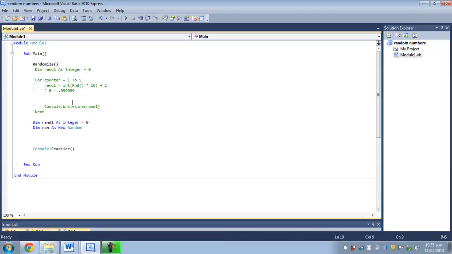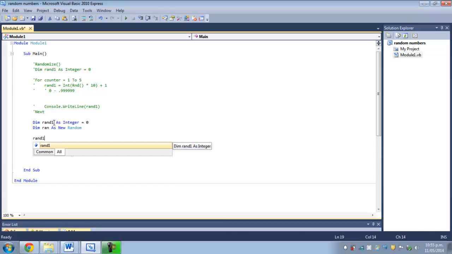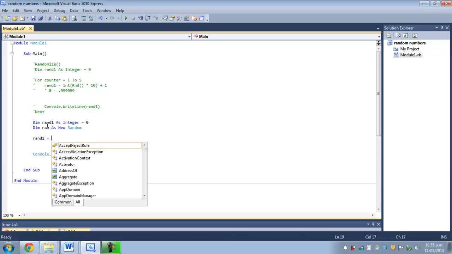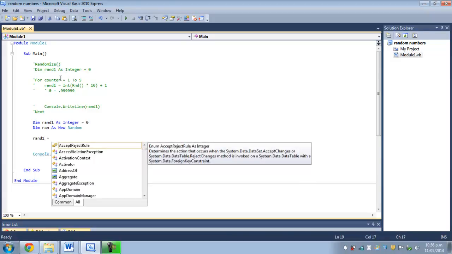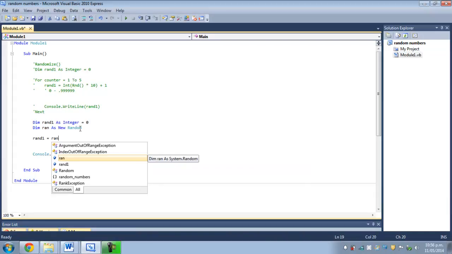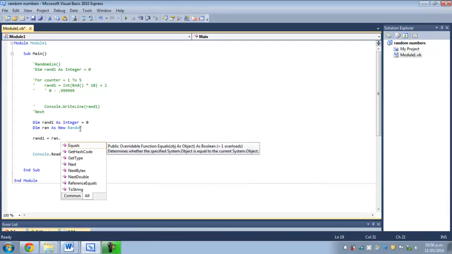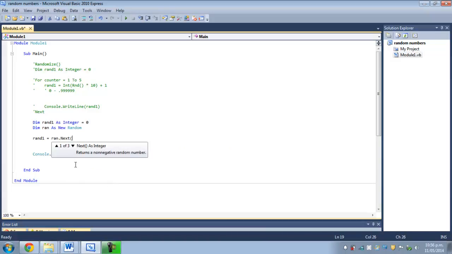With this method that I'm about to show you, we don't need to use this randomize statement anymore. It's already built in, it's smart enough to know what it needs to do. So we're going to use this rand1 variable to remember what this random object gets generated as. Okay, so the way that we do this is we say, let's use this random object and then we push the dot property. By doing that now, you can see a bunch of different objects that will occur, and one of which is going to be the next method. Okay, so the next method is going to make the next random number, and then it's going to assign this into my rand1. Now, if we go through and try and run this program now,